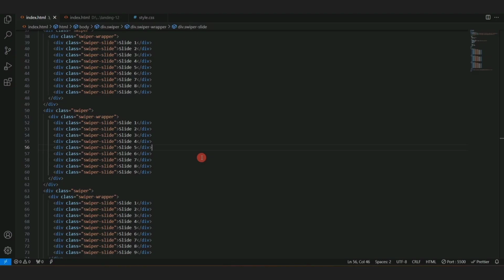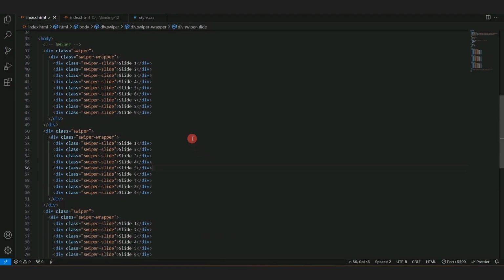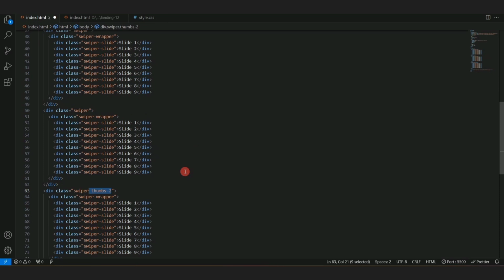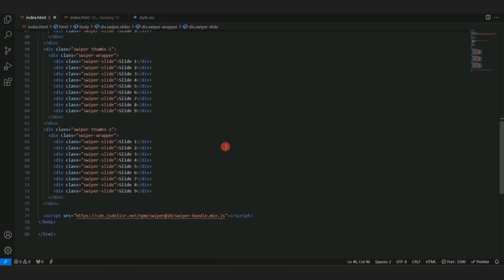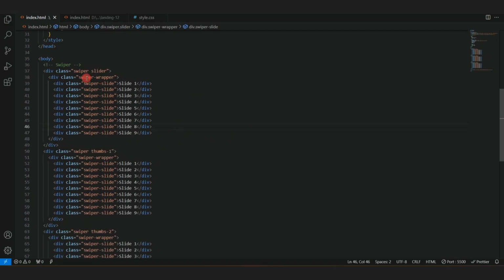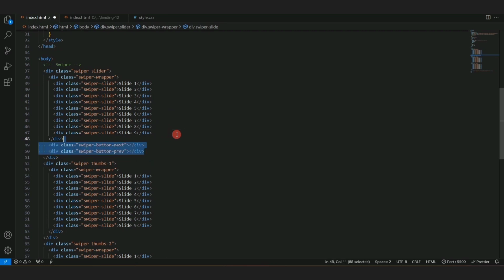So we have 2 thumbnails. So for the third one, we're going to add thumbs2 as the class name. For the second one, we're going to add thumbs1, and then for the main slider, we're going to just call it slider. Now you would see that for the first one, I'm going to be adding here 2 icons to